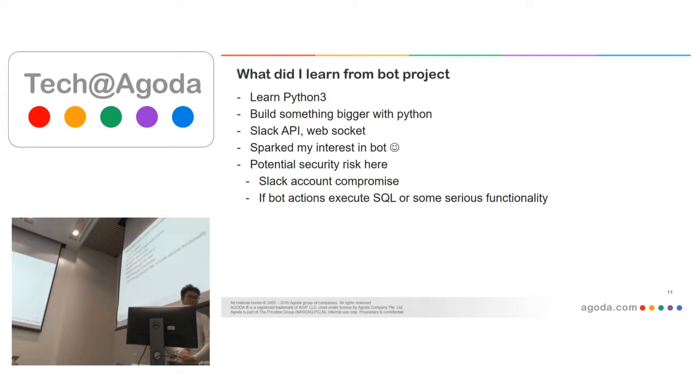So what did I learn from this one? I learned Python 3, because I used to use Python 2.7 a lot of the time and never had a chance to learn the new one.